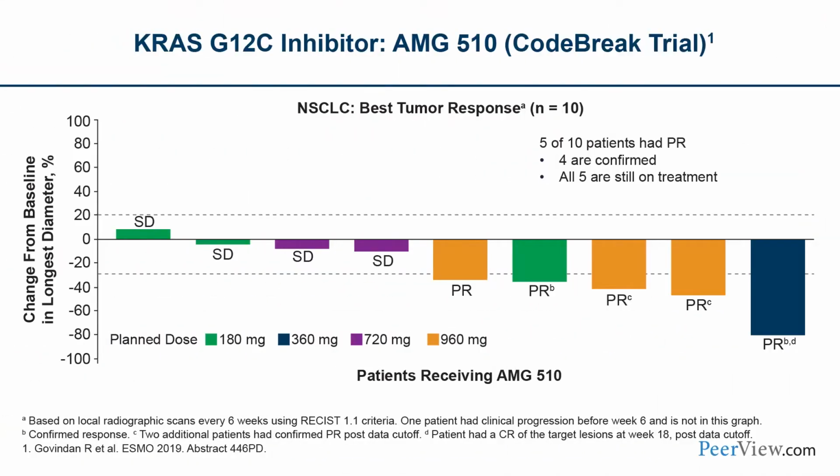Yeah, and I think it's really exciting, looking forward. The KRAS G12C inhibitors have had a lot of excitement, and I think that's a whole new field opening up in terms of being able to target what was previously thought to be untargetable. There are multiple G12C inhibitors being actively studied. AMG 510 was one of the first reported out. These are, granted, small numbers of patients, but it's really encouraging to see response rates of around 50% in patients with G12C KRAS mutations. Another G12C inhibitor that has reported some early results is MRTX 849,